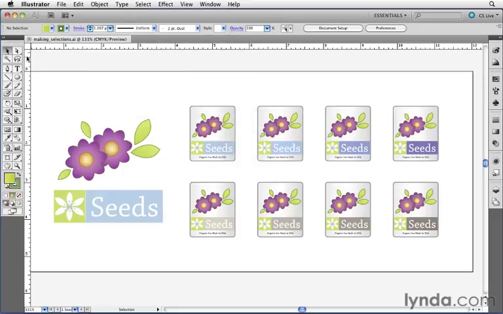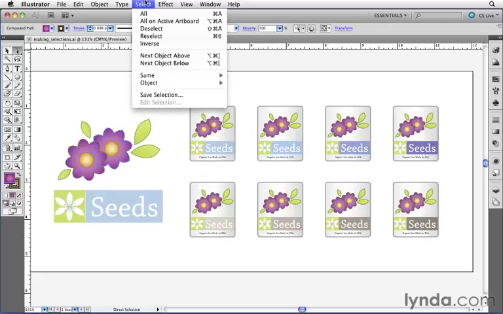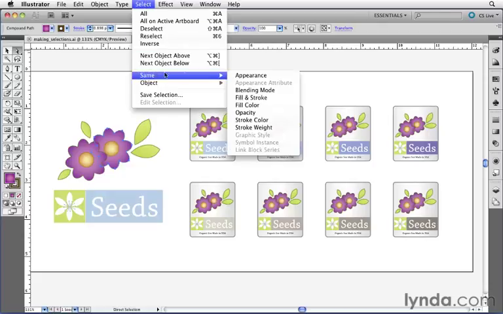I'm going to use my Direct Selection tool, and I'm going to click just on this portion of the flower. It currently has a stroke and a fill, what appears to be a gradient fill. And if I want to select all other objects in my document that have that exact same fill and stroke color, I can go to the Select menu, and I can choose Select, Same, Fill and Stroke. If all I was interested in, by the way, was just the stroke color itself, I could say select other objects that share that exact same stroke color. The shapes and everything else can be different as long as it has that same attribute.